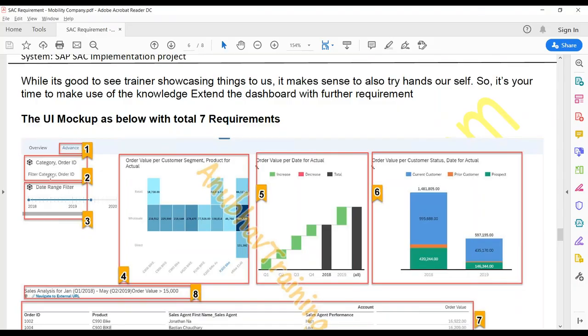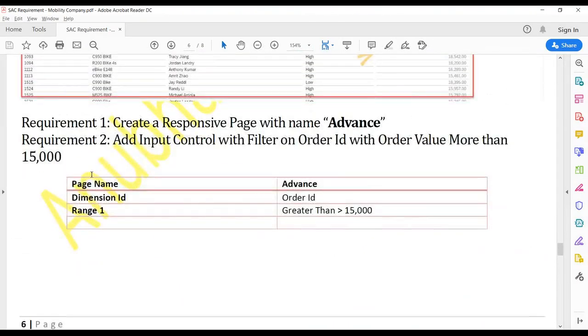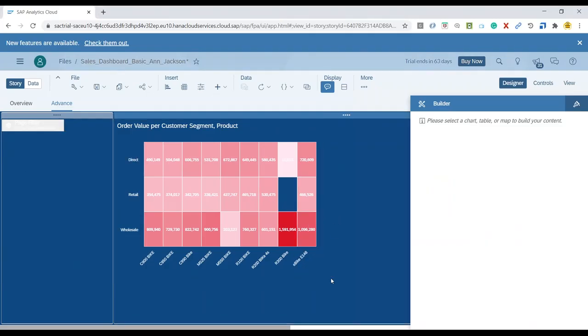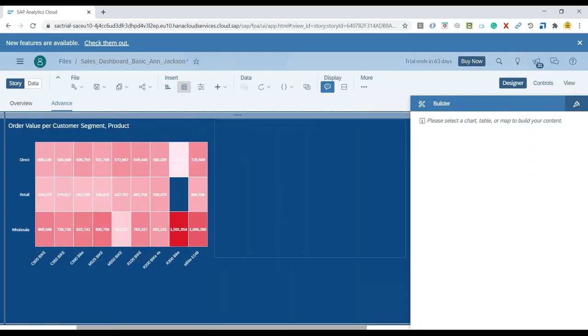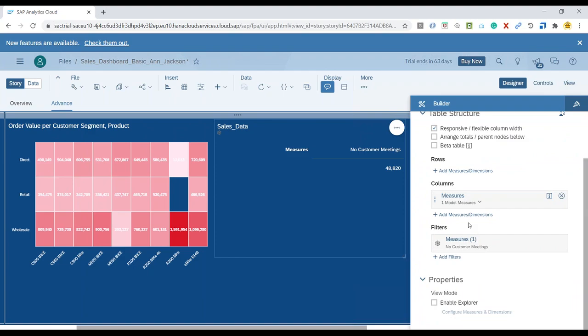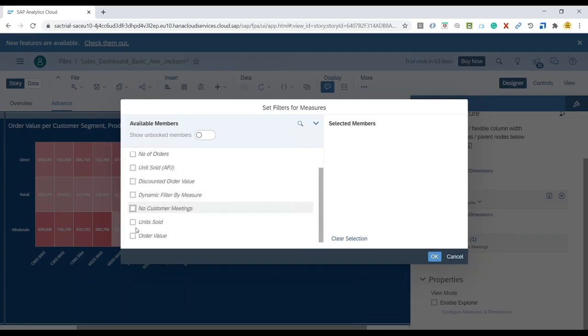So let me just come down and read the requirement. Create a responsive page, done. Add an input control with filter order ID with order value more than 15,000. Okay, so whenever the order value is more than 15,000, we wanted to see that. Before doing that, I'm going to quickly add a table, because we need a table to validate if the data is filtering properly. Let me add a table, and in this table we're going to add order ID and order value. So let me add here this filter button to add order value,